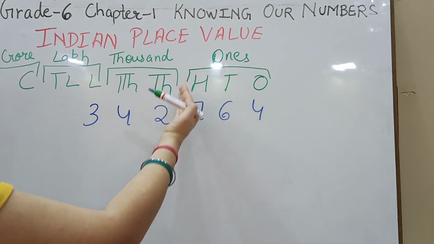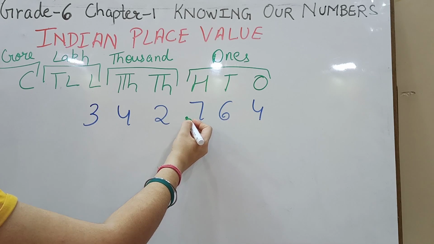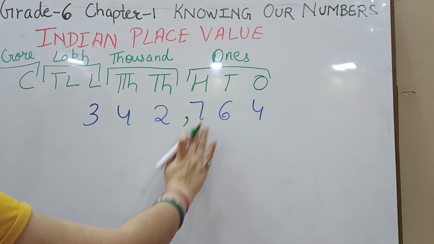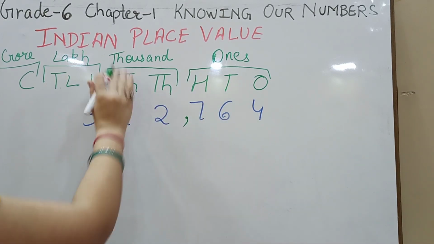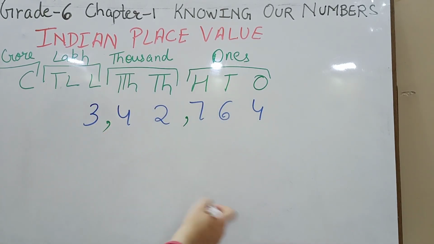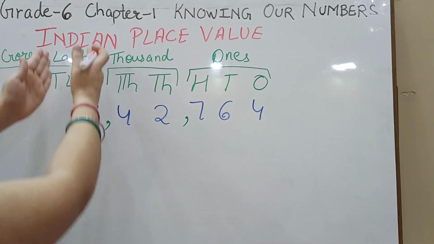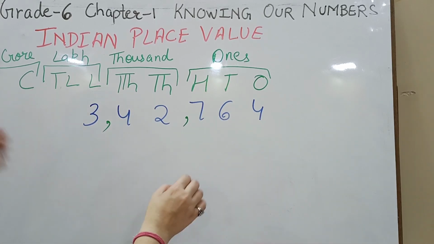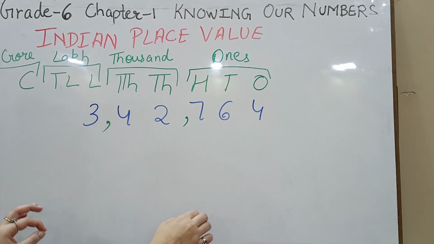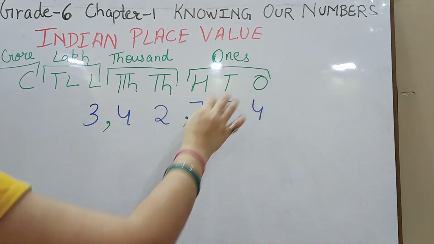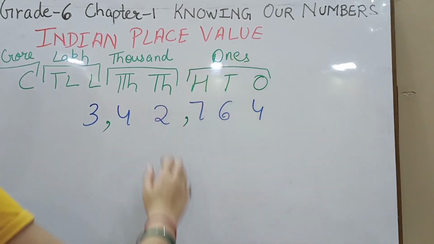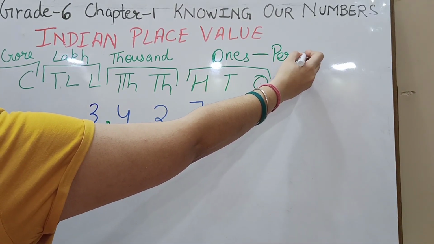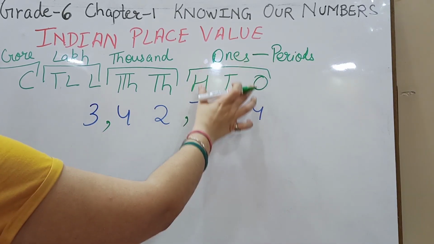Exactly when the ones period gets over. So, in Indian number system, we put commas when the periods get over. So, ones, tens, 100, the period is over, we put a comma. 1000, 10,000, the period is over, we put a comma. This comma describes that you need to specify these numbers under certain periods. So, always remember that in Indian place value system, they are under certain main categories. Those main categories are called the periods of those place values. So the periods are the heads of those place values.